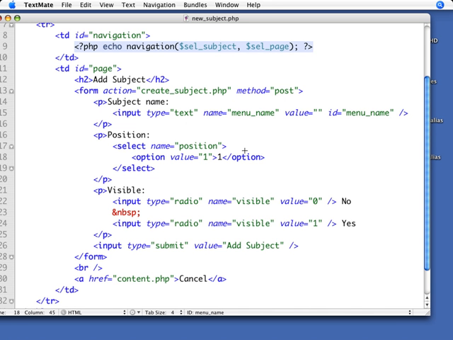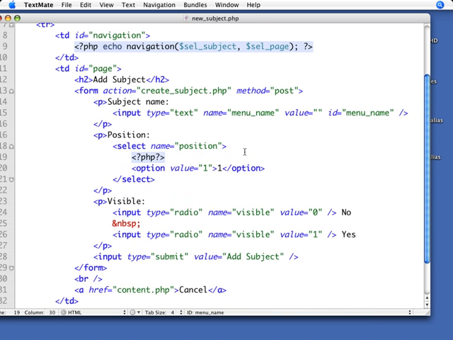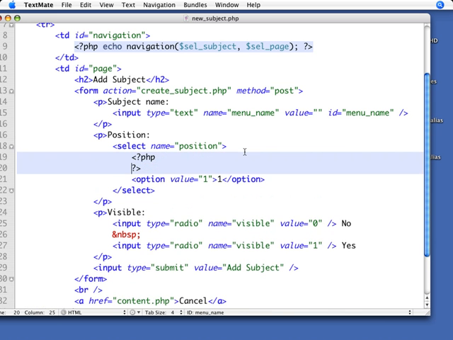But for now, let's punt on it a little bit and save some of that. But let's go ahead and think about that as functionality that we're going to want. We have the ability to know how many subjects we have, so let's make use of that knowledge. We can put in some PHP right here that's going to make a subject set